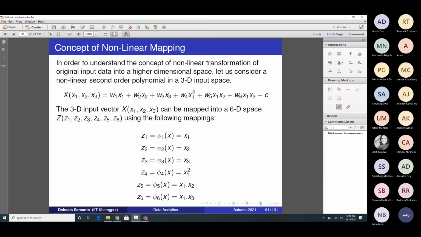Now here you can consider 3D data. 3D data will be characterized with 3 values corresponding to 3 attributes like x1, x2 and x3. So any vector capital X can be described by these 3 components x1, x2, x3. Now can you tell me whether you can see my annotation which I am doing? My pen works. Yes, sir. Yes. Okay, good.